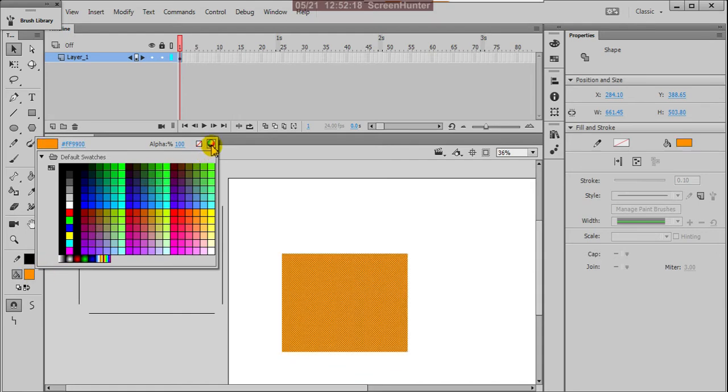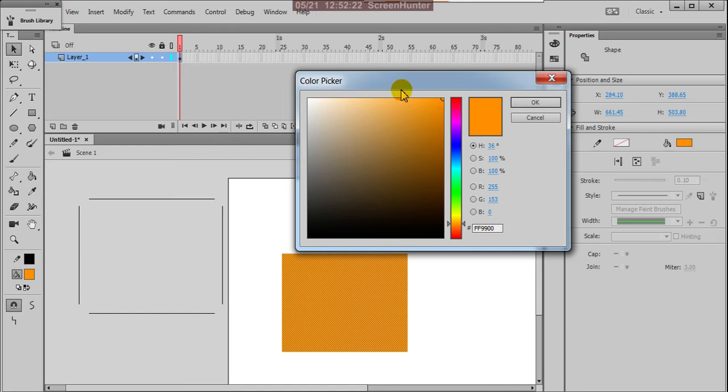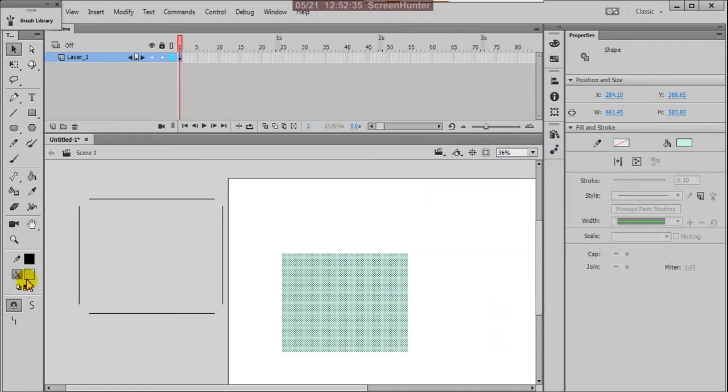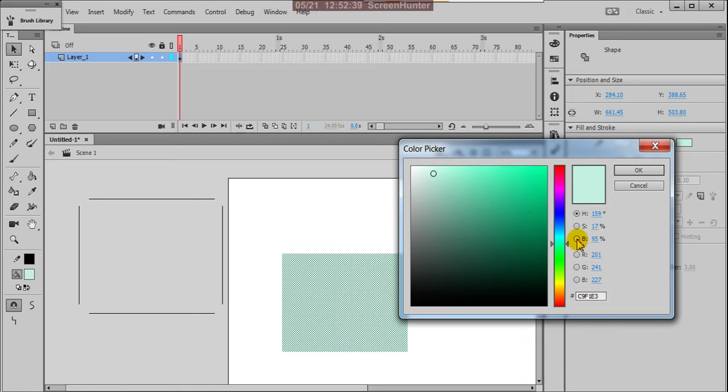Suppose there is a color picker. From there you can choose whichever color you actually want. You choose it, say okay, and it is applied.